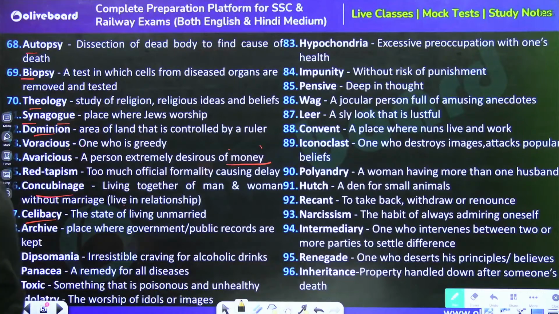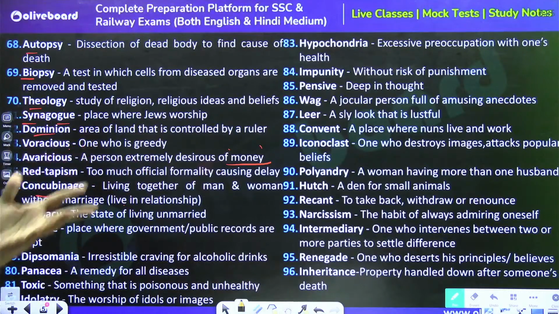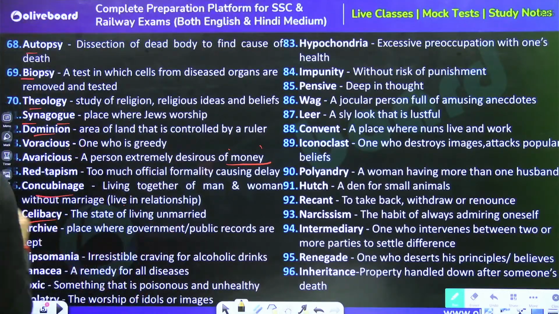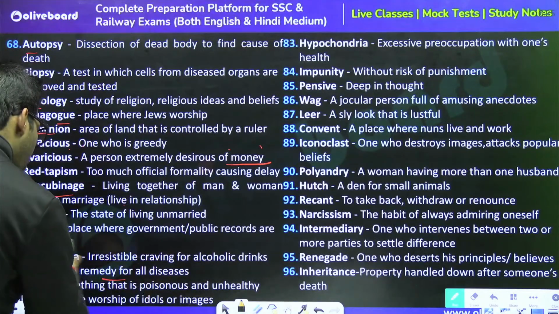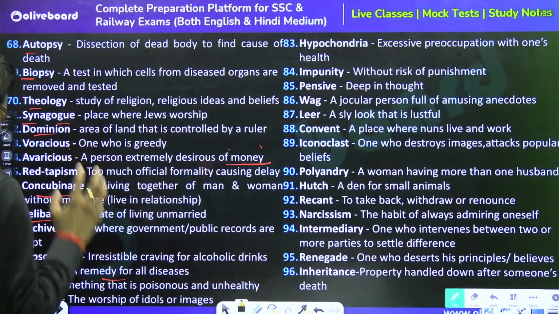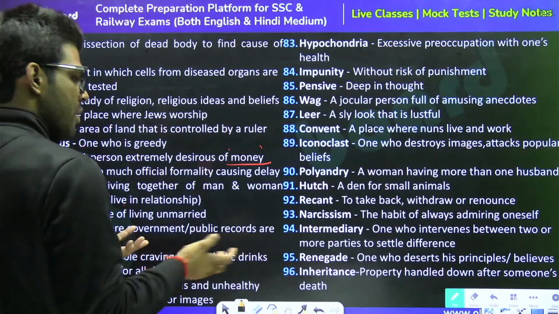Panacea, if you study with me, the five panaceas of English: verb, object, preposition, object, subject, object, noun, pronoun, modal, and then a sentence must have a finite verb. However, this is a remedy for all diseases. Toxic, something which is harmful, poisonous, unhealthy. Idolatry, worshipping of idols or images. In Hindus, we have